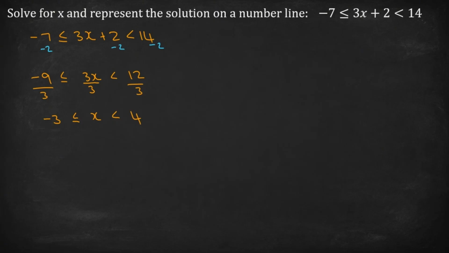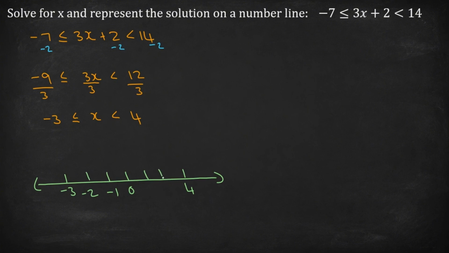When we look at this inequality, I can see that x lies between two values, between this negative 3 and 4. So our number line will look different. So let's prepare this number line. I draw my number line. I know we have to have a negative 3 on this number line and a 4. And you can add other values to this number line if you want to as well. We can do negative 2, negative 1, and here we've got 1, 2, 3. Okay, it's definitely not in proportion.